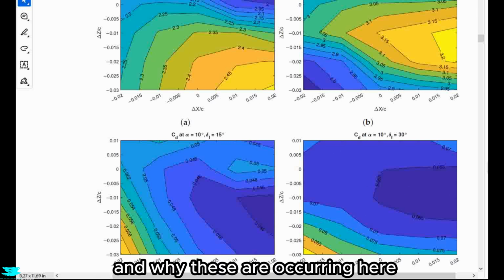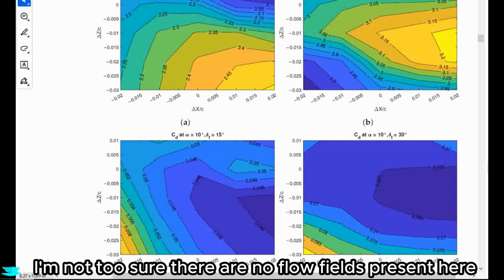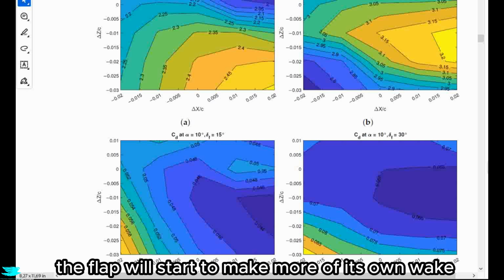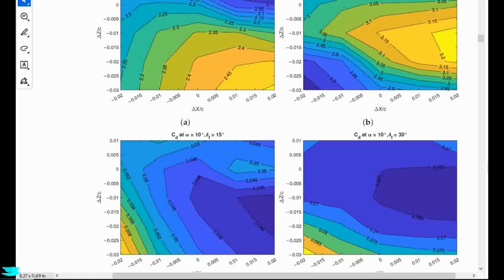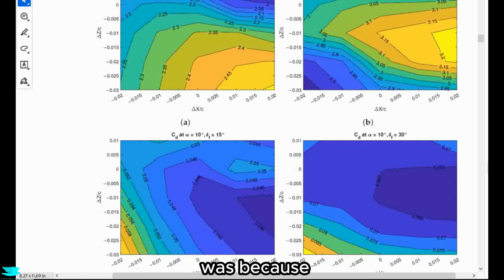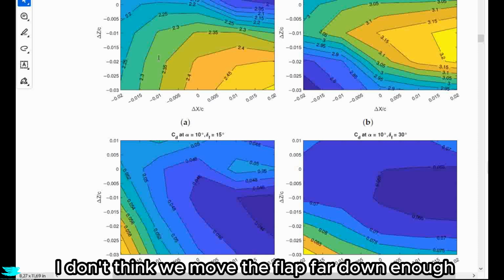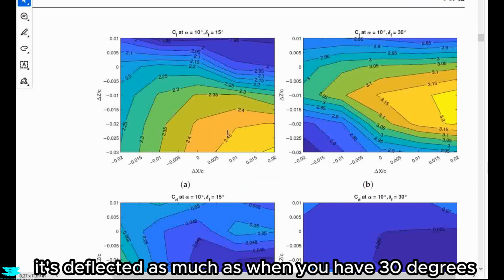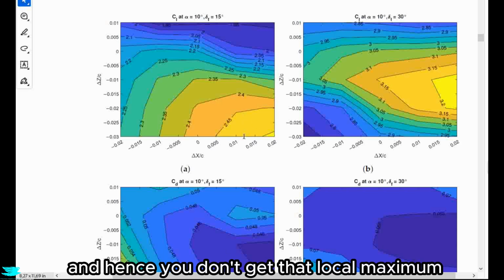And why these are occurring here, I'm not too sure. There are no flow fields present here, but my guess would be that the flap will start to make more of its own wake as you move it down more and more. And the reason why we didn't see that trend when the flap was at 15 degrees is because I don't think we've moved the flap far down enough. It's not deflected as much as when you have 30 degrees,